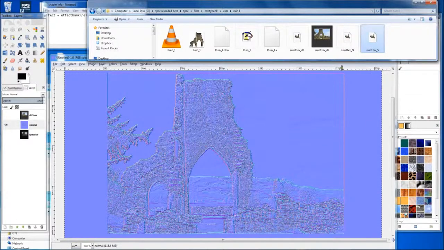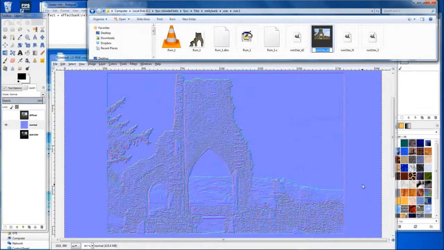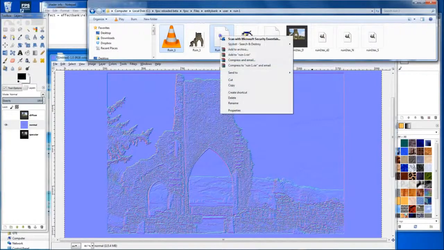Probably confusing it, at a guess. And I'm just going to rename that one as well, because that is what I would normally do. So let's try that. Okay, now because it's run it, we need to get rid of those two files, the bin file and the DBL file. Delete those,